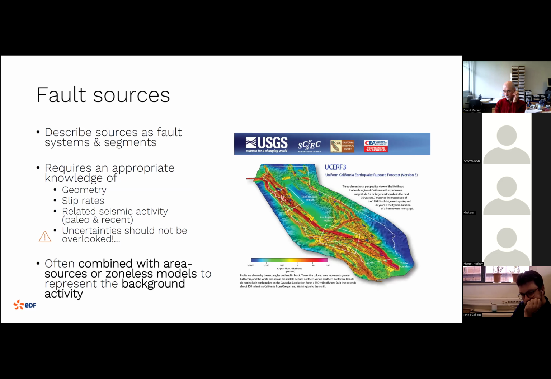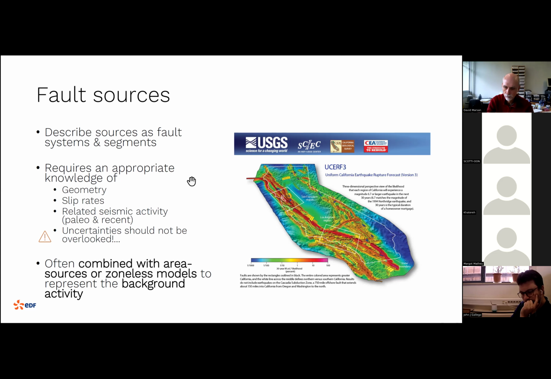The third option we have to describe the location of our seismic sources is to use faults, to describe the sources as faults or as systems of faults. So you have on the right-hand side a nice illustration from the USGS with the UCERF3 model for California, where you have a collection of faults with specific parameters detailing their properties. But if you want to go for this kind of representation, it actually requires